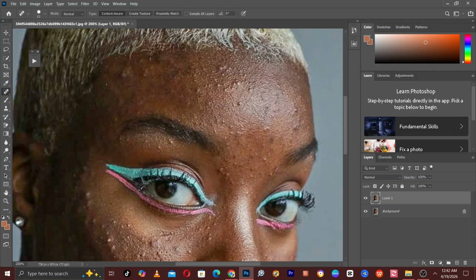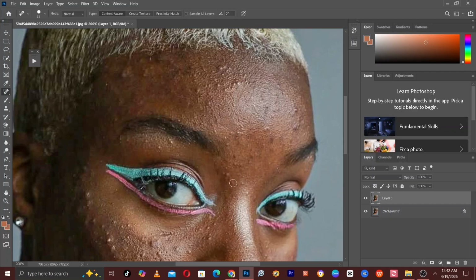I will start removing these by just clicking on this pimple to remove it. As you can see, I'm just clicking on the pimple,